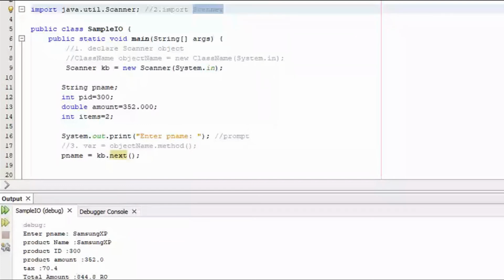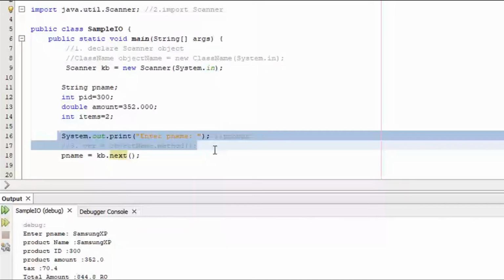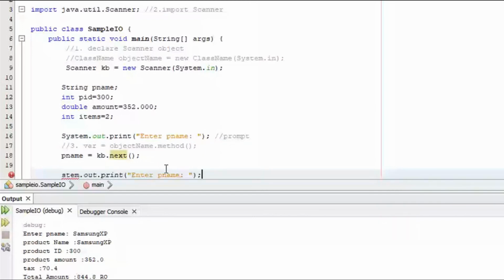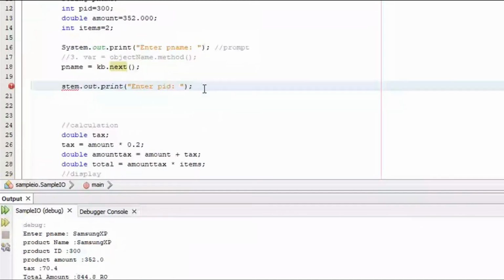Okay, so let's have the prompt first. I will copy this. What do we input this time? Let's input the product ID. Okay, so I will have PID. All right, so let's input the PID. How do I input PID? Anyone can help me? Oh, sorry, this should be system dot out.